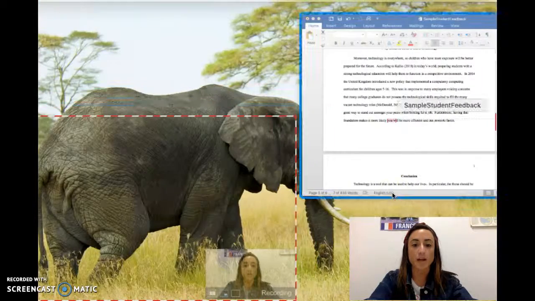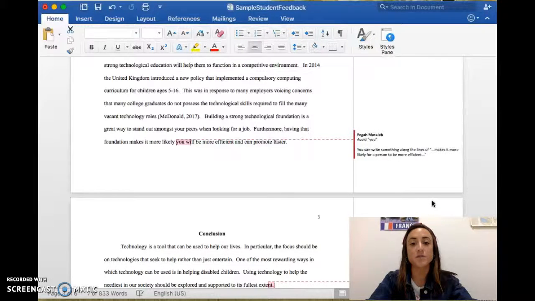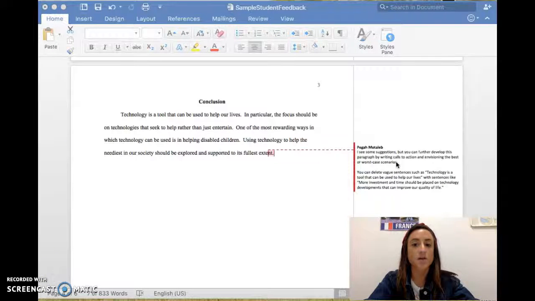So you can go back and change these words if you are using them, and also look at ways that you could develop your paragraphs and ways that you could be less vague. Everyone's feedback is going to be different, with different comments and different criticism.